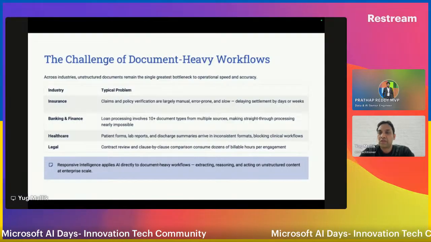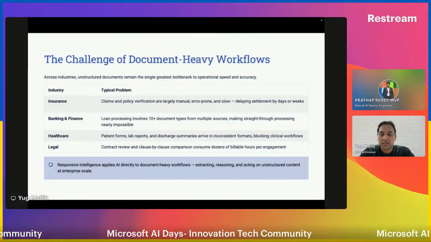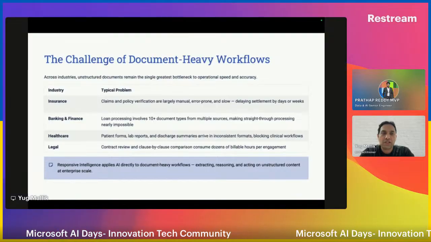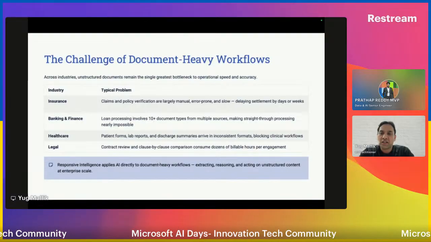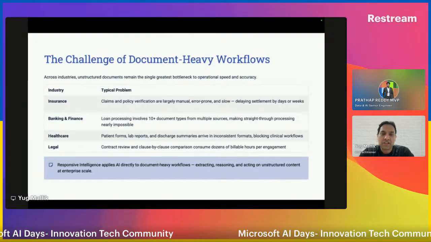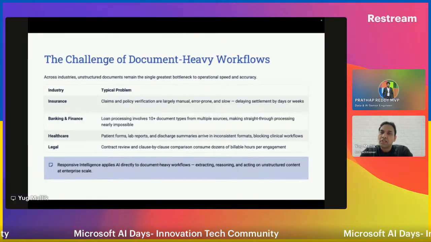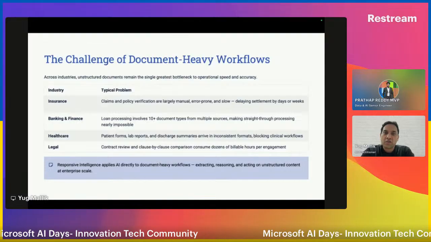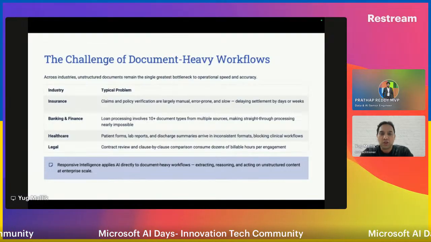Healthcare, likewise: patient forms, lab reports, discharge summaries, a lot of documents come into play while we are in a healthcare process. And legal, not to say, everything comes down to documentation for legal as well, right?